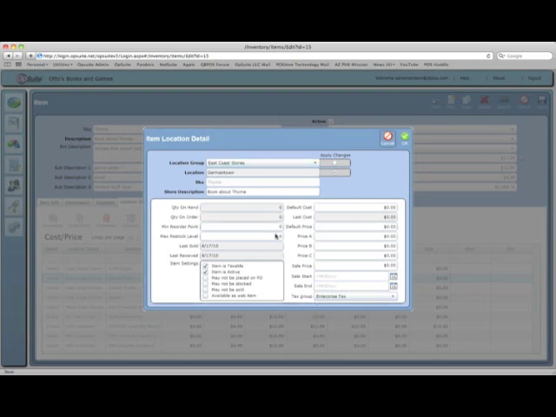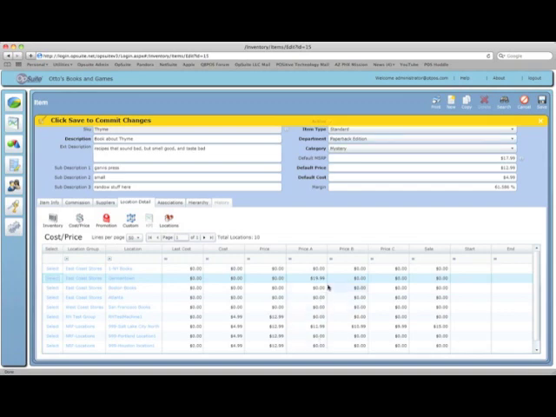So I can come in here and say, well, I needed to change the price A of this particular item to $19.99. Now, I may also want to make these changes not only for the Germantown store, but maybe I want to make them for all stores within the East Coast region, which I can do by simply clicking Apply Changes to that level. If I only wanted it to be in the Germantown store, then I could just leave it on Apply Changes to the Germantown store and hit OK,